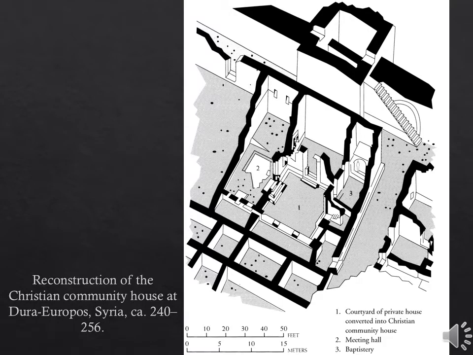So as I mentioned, there were Christian communities also in Dura Europos. And what we're looking at here is a floor plan of a Christian community house from that region. Now, before the rule of Constantine in the Roman Empire, Christianity was illegal for some of that time. Christians were being persecuted, as were Jews and other people who did not abide by the Roman faith. So many of these communities found themselves having to worship in small enclaves, sort of hidden away. And we're going to see a lot of Christian iconography begin to develop in this secretive environment.